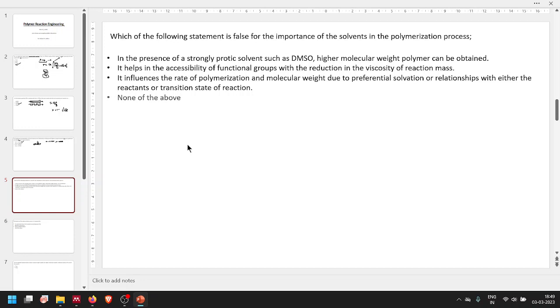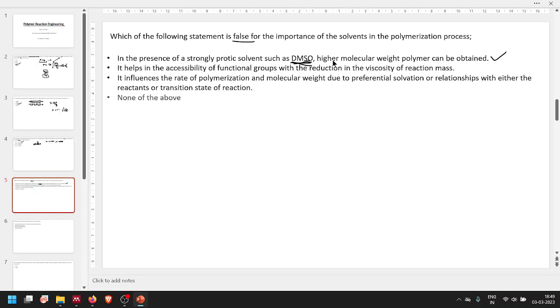Moving on to the next question we have. Which of the following statements is false for the importance of solvents in the polymerization process? In the presence of a strongly protic solvent such as DMSO, higher molecular weight polymer can be obtained. So this statement is true, as DMSO is able to dissolve